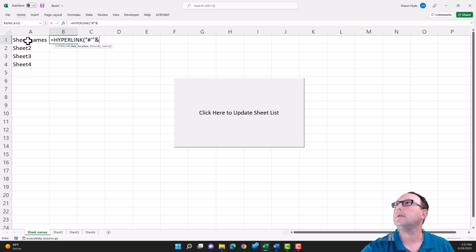click on cell A1. Now I would like that to stay always pointing in column 1, so I'm going to go ahead and lock it. F4 3 times to lock the column reference. Then ampersand, and then I believe it's quote. Nope, that's apostrophe. Quote, then apostrophe, then exclamation point. Then we want